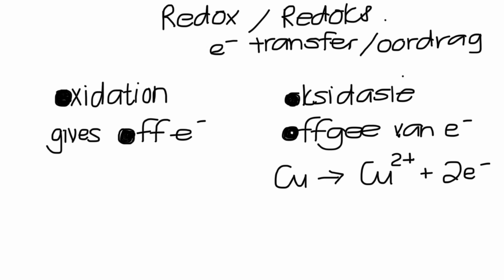Another example of oxidation could be where I had an anion, and the anion already had an excess of electrons,